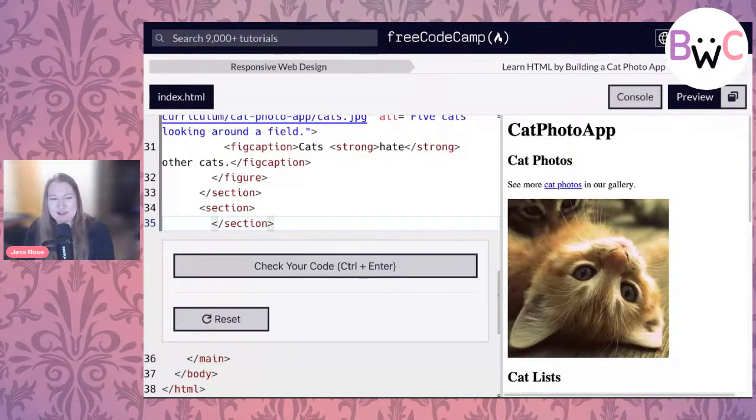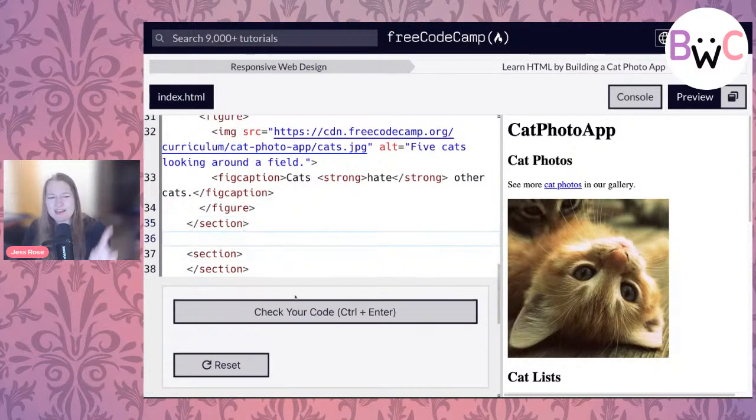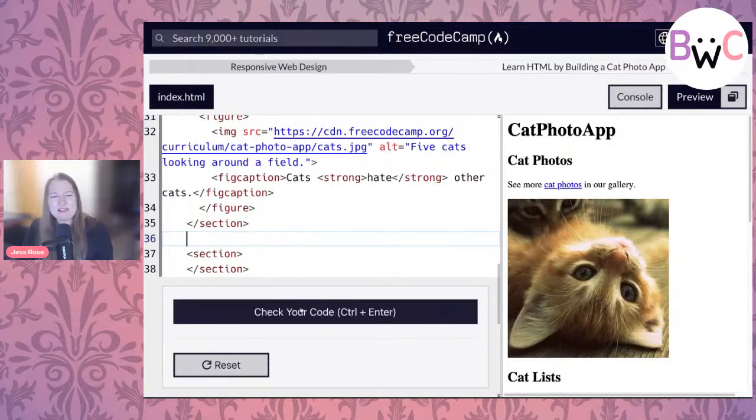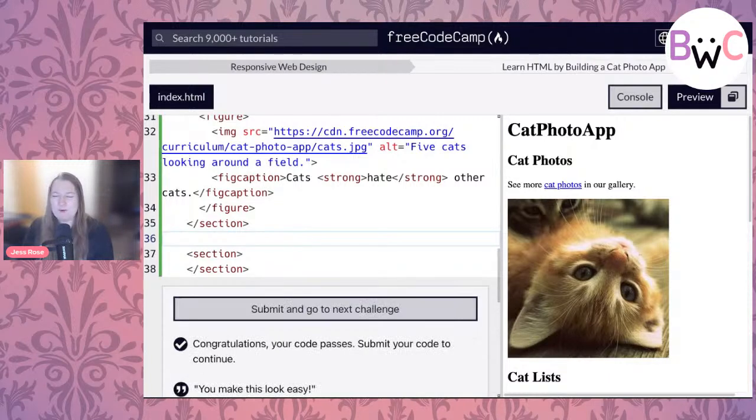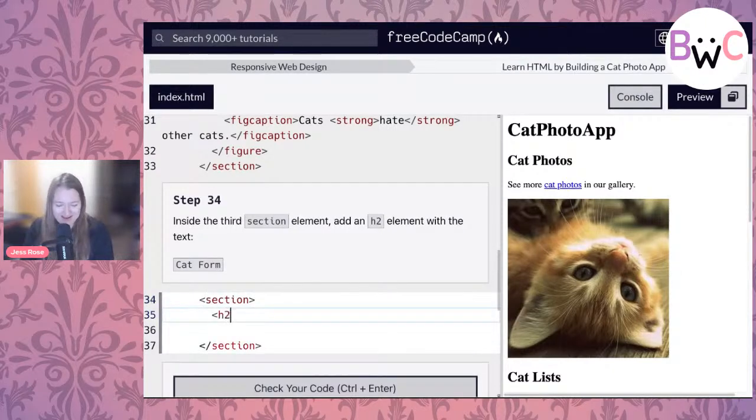So I'm going to add another section after this section ends. Oh, heck, and I'm going to close it all the way. I'm going to format my document. And then, it doesn't really matter, but I'm going to add a little space here just to keep it clean in my head. We've got that little green stripe. Nothing is wrong. And I really want to fuss at y'all. If you're doing this on your own and you don't always get that green stripe, it happens, I promise. The only reason I keep getting green this time is I have taught this section about 400,000 times.